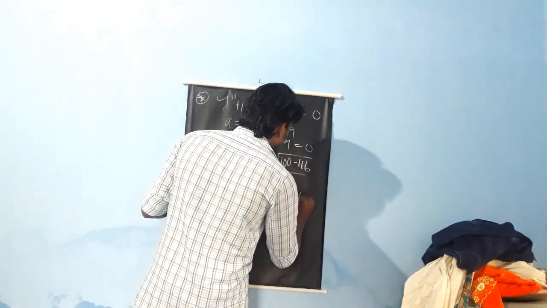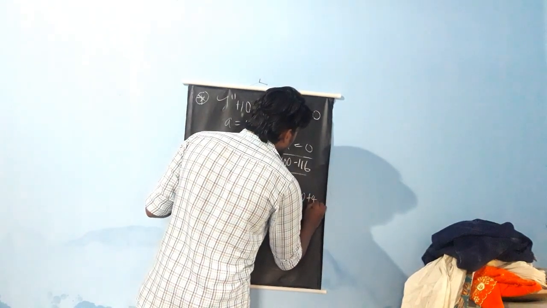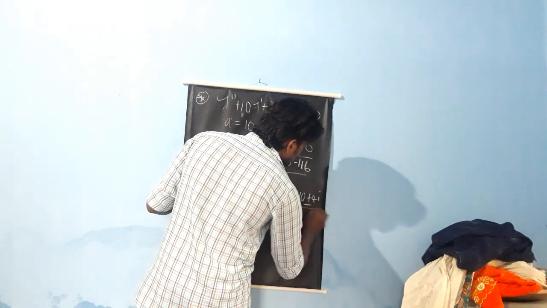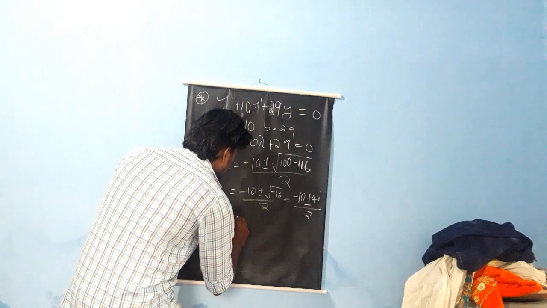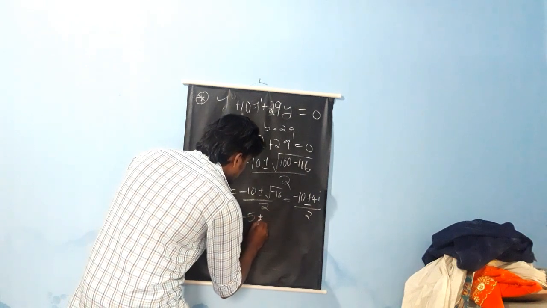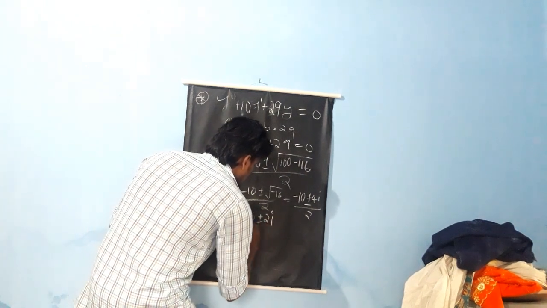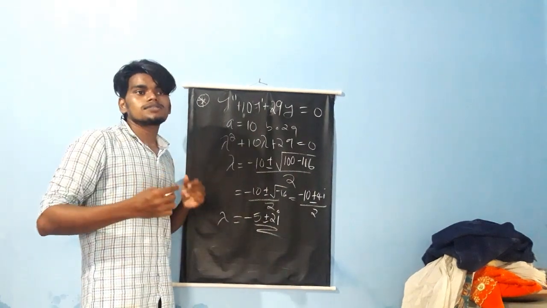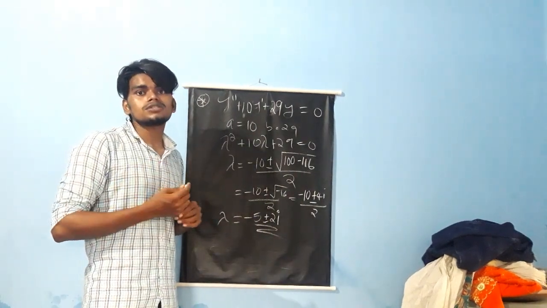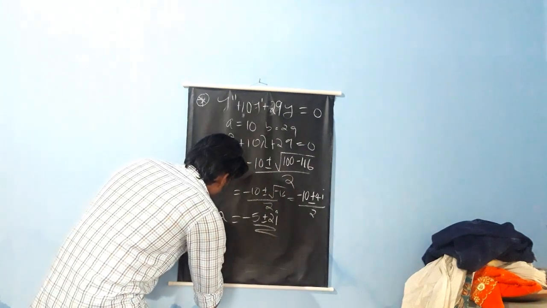So minus 10 plus or minus 4i, all over 2. So we get lambda is equal to minus 5 plus or minus 2i. This will be the lambda's equation. So when we have complex conjugate roots, the general solution equation will be y is equal to,